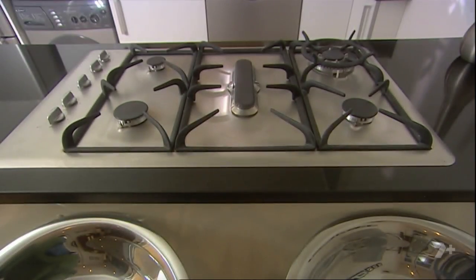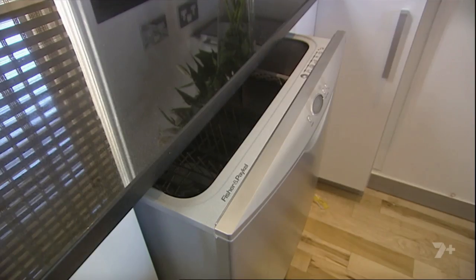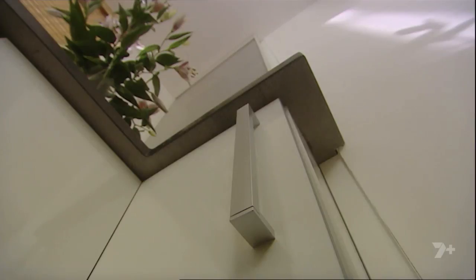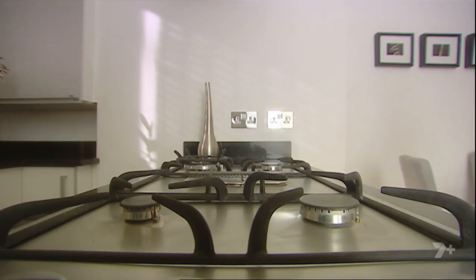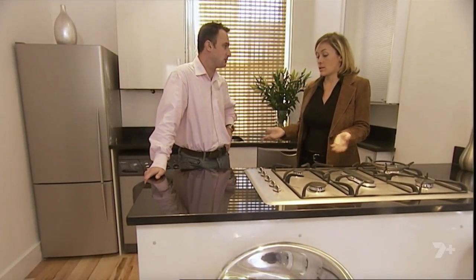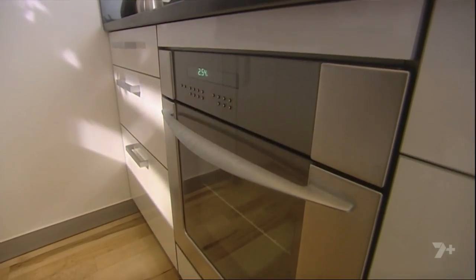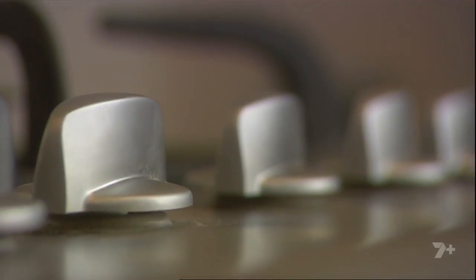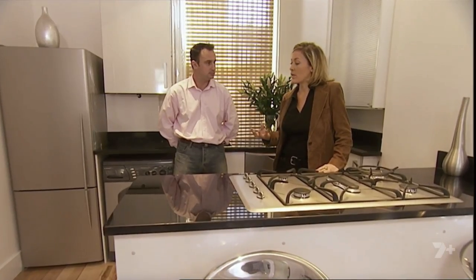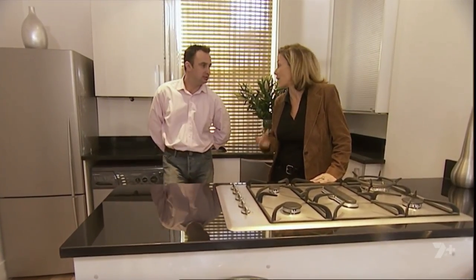The kitchen has a contemporary finish of stainless steel and granite. This look has more than doubled Jonathan's original budget. It does look great, I agree, but to me it doesn't look like it's cost £10,000. And I think you can achieve a similar sort of look, a very nice kitchen, for about a third of the price if you think laterally, and in this sort of development, in this sort of flat, in this sort of road, I don't think it was necessary to spend